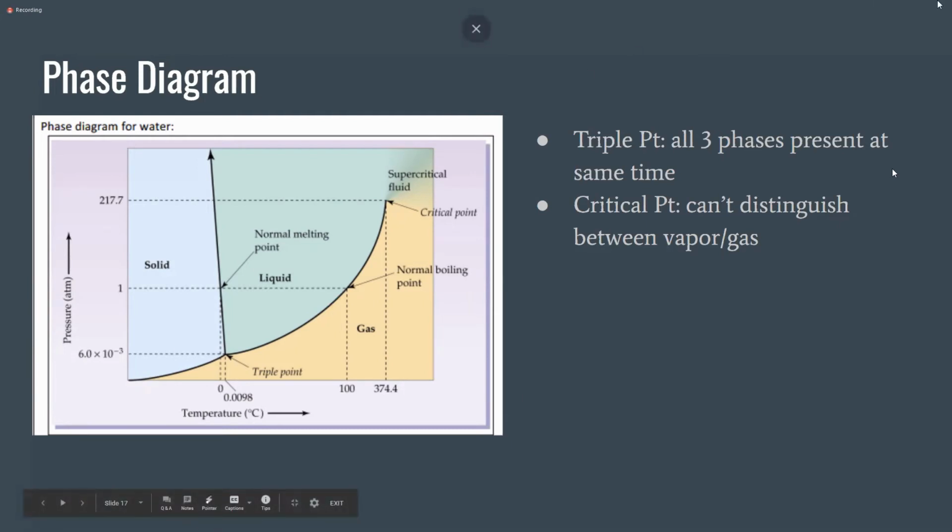And then someone said, can you determine the boiling point without being given it? Yes, you can, because if you're given the applied pressure, then you know that the boiling point is going to be equal to whenever the vapor pressure is equal to the applied pressure. So you can look at